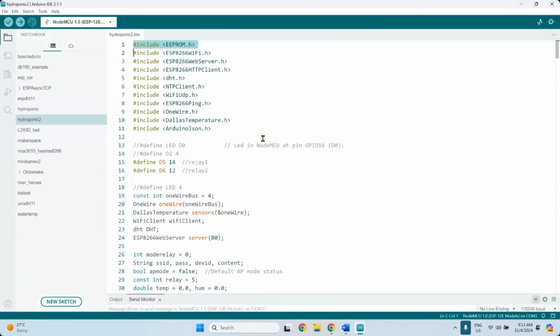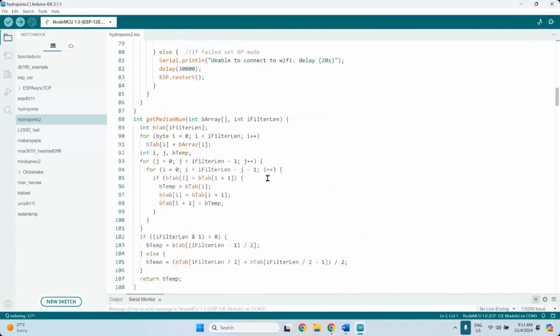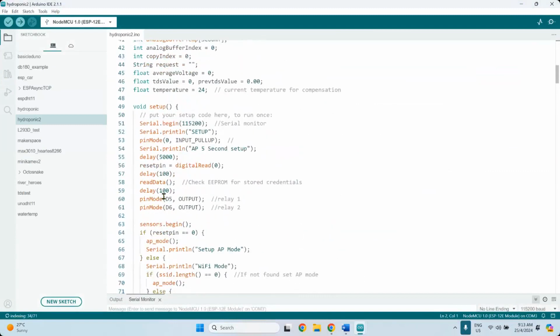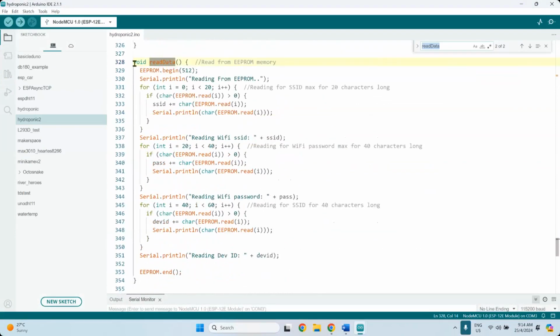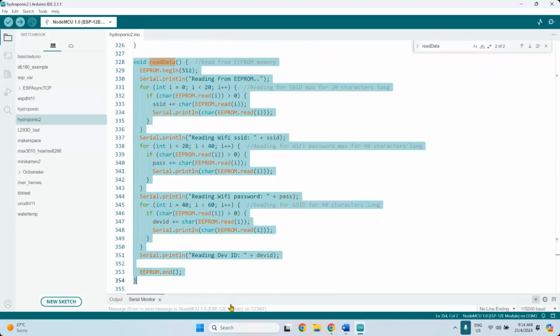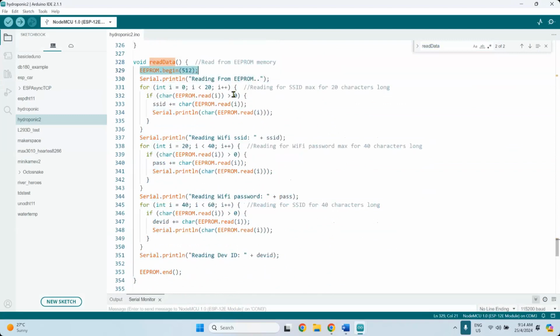The EEPROM library allows you to gain access to the local storage. For example, if I want to read data, I just call this read data function, which allows me to read data from EEPROM. What we have here is EEPROM begin and setting the address, 512. So it starts from address location 512, and then we loop through each memory cell.